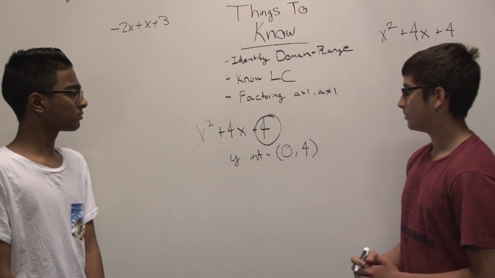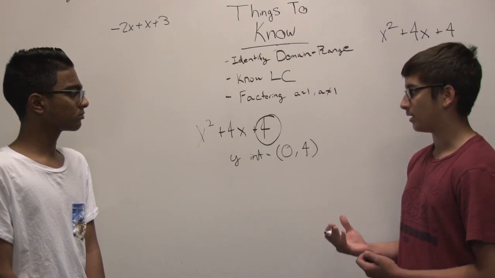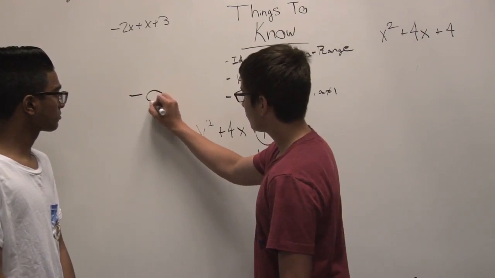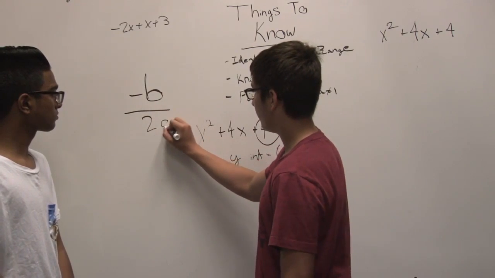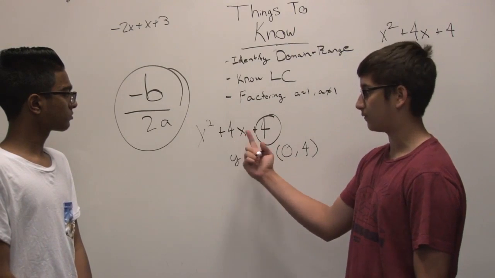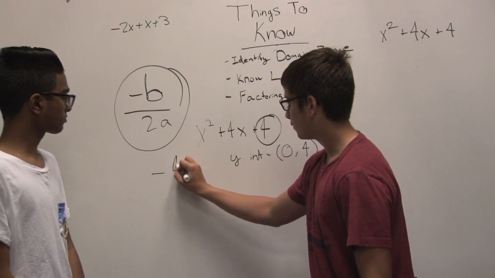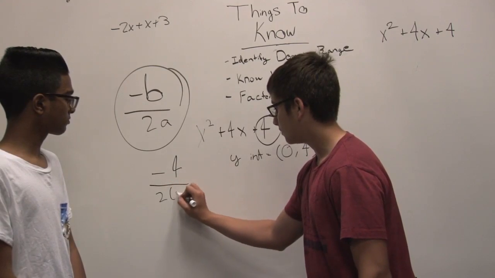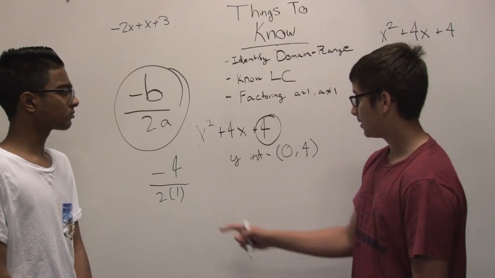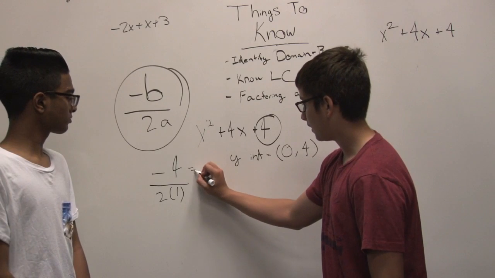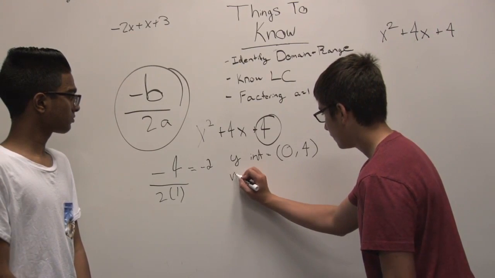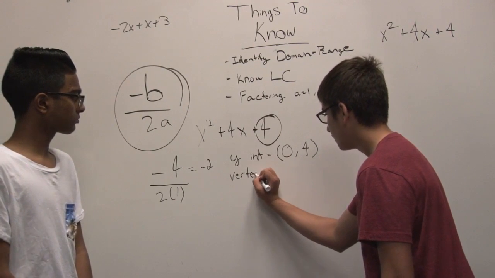Okay, and so now we can also obtain the vertex of this function by using the formula negative b over 2a, which is a very important formula to know. In this case, our b value is 4, so we'll do negative 4 over 2 times 1, because our a value is equivalent to 1. So that will result in a value of negative 2. So now we have the x value of our vertex